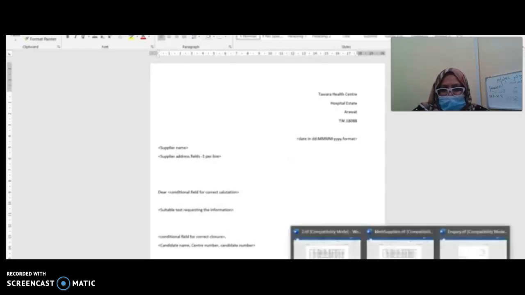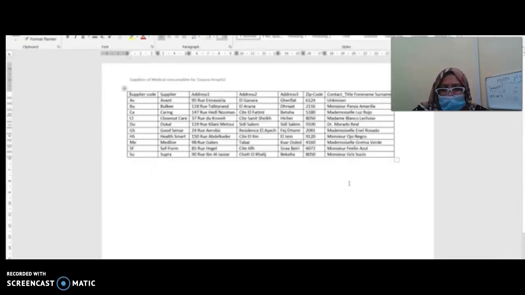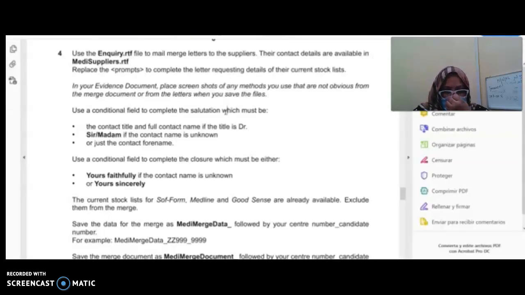So these fields are there where we have to make the connection, or where we are supposed to merge. So let's read the code. Supplier code is there, supplier is there, address is there, contact title is there. And you can see that we have the forename and the surname both over here. So it's up to you whether you use concatenation or you can use